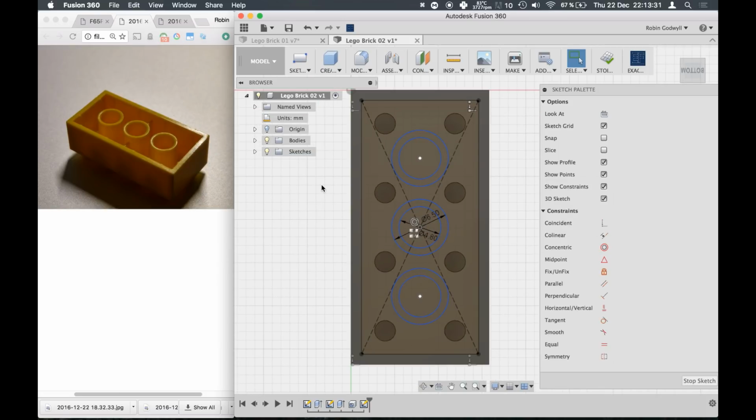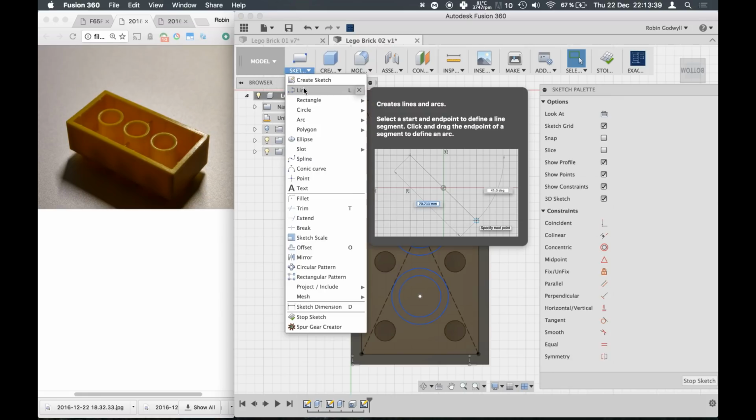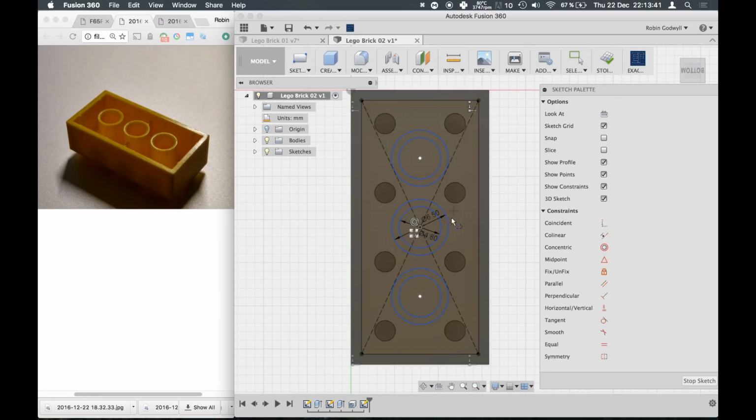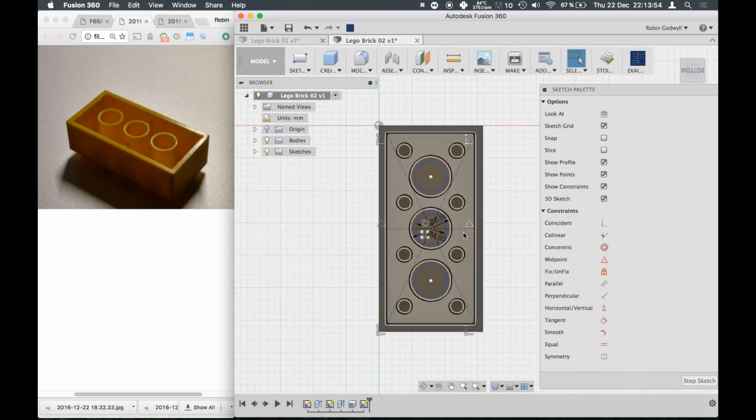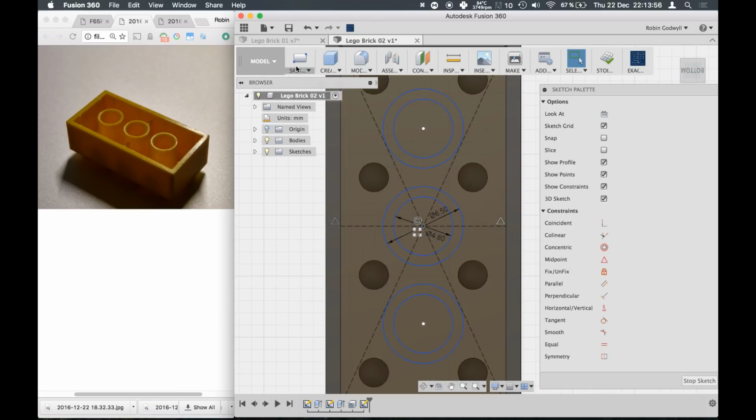The next thing we will sketch are these so-called ribs that you can see in the reference image right here, and for these we will select sketch and sketch a line, then we will go right in the middle, right click, select, make it a construction line. We will use the line command again and